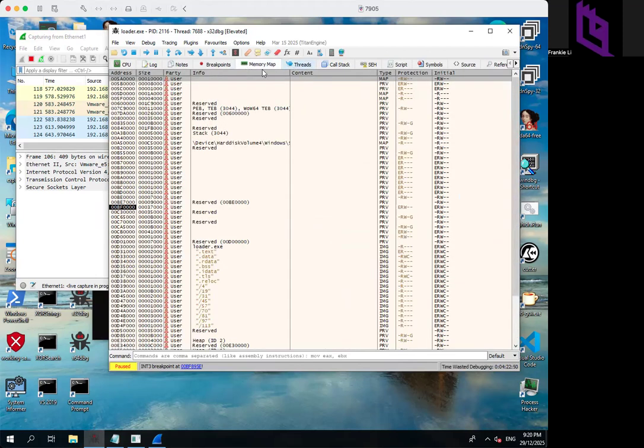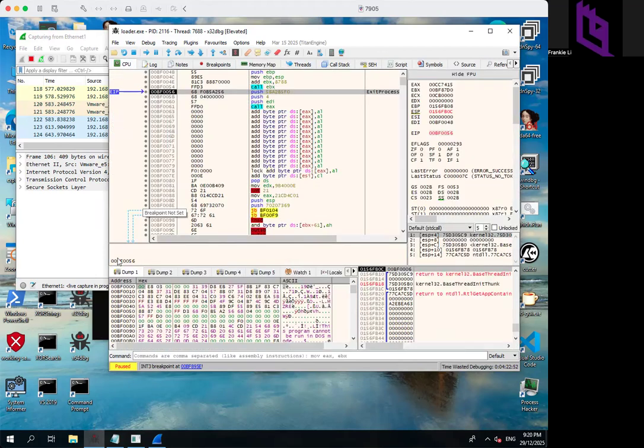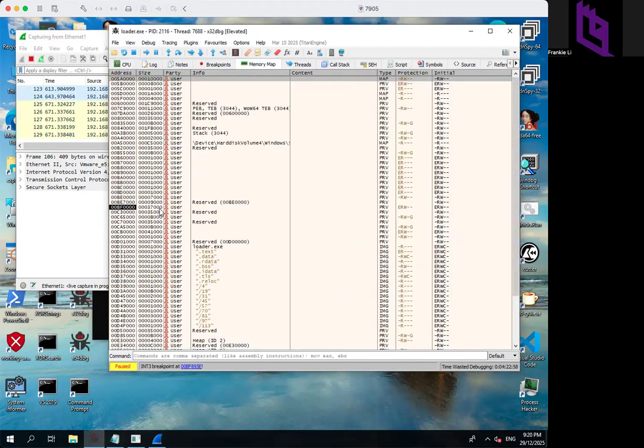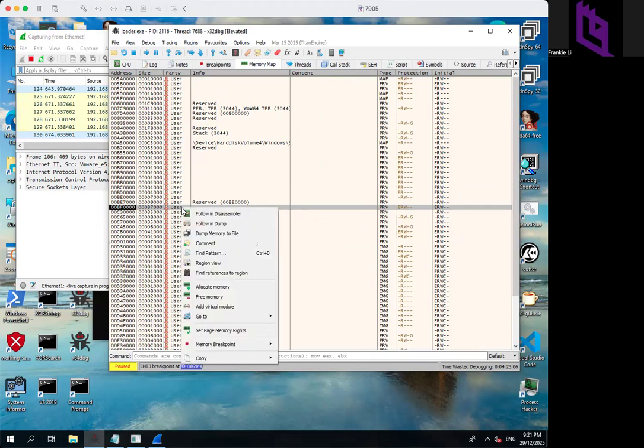And then what is the location of the memory? This should be BF something 40. BF 40. You can see it's private, executable and readable and writable. Let me dump this file